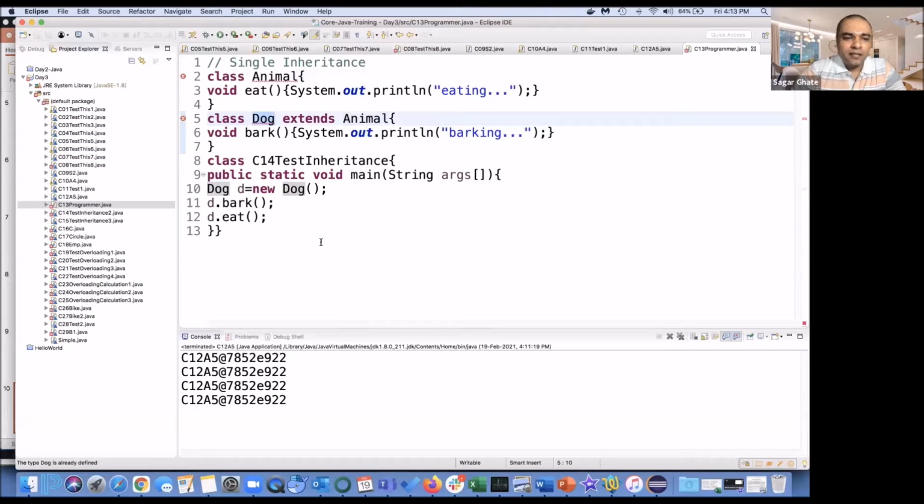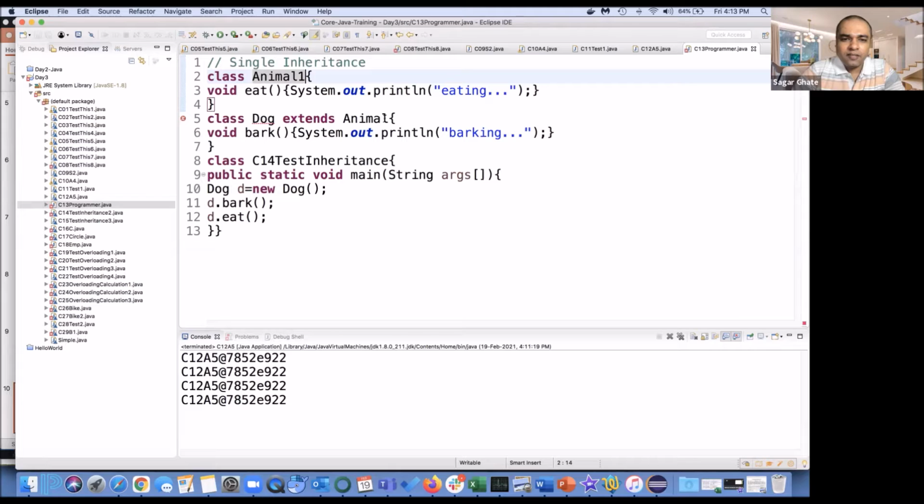Well, so let's see. The type Animal is already defined. Animal1, because in this example you will be having some more classes with the name Animal.